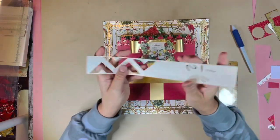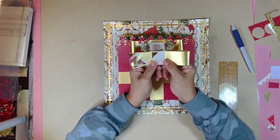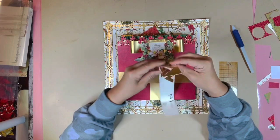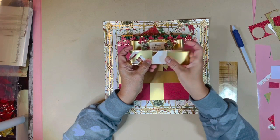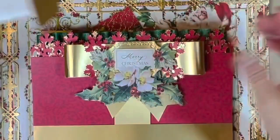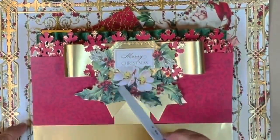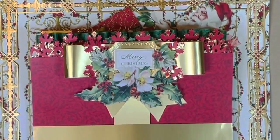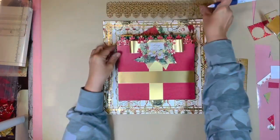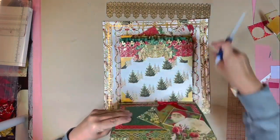Super easy. You get the gold bow and you fold over like this, okay? And of course, not one that's been cut into this, but you understand what I'm trying to say. You fold it down like so, and then you make the little bow, and then here is where I added my greeting to it. It says Merry Christmas, and we added some more little flowers around it, added a little bit of the lace cutout. I used the lace cutout. That is this one right here, okay, for the 12-inch one. And I added it to the back, okay, so when we open it up,